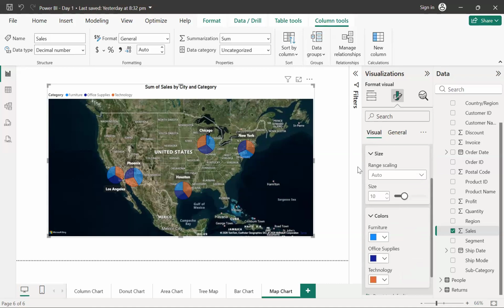So, guys, I think this is clear now to everyone. I hope that every one of you is able to create this map chart.